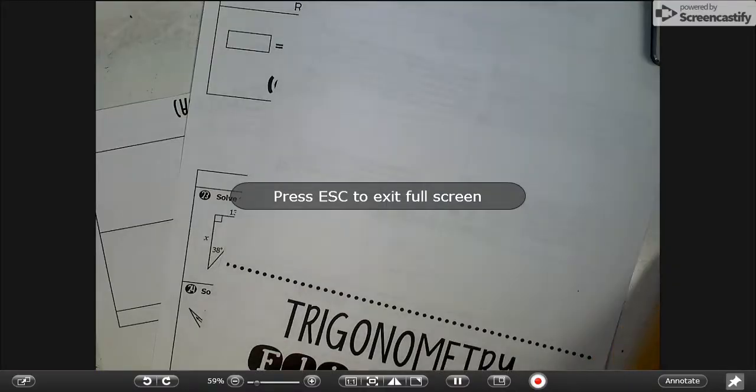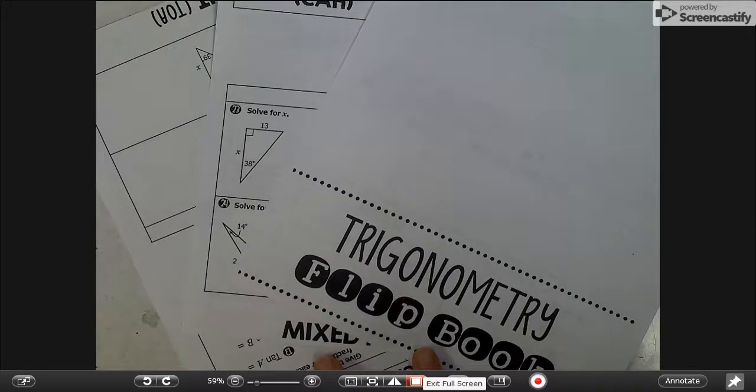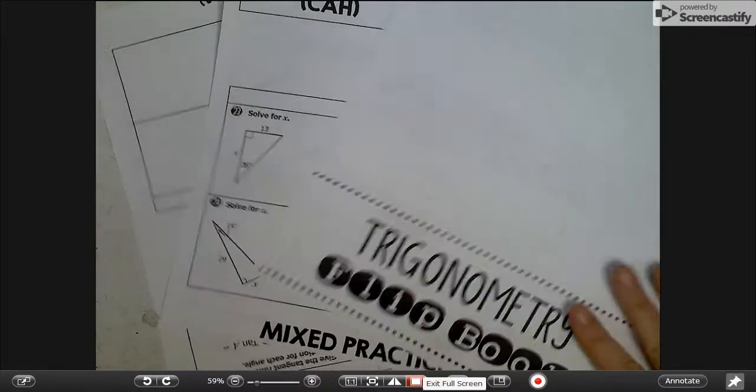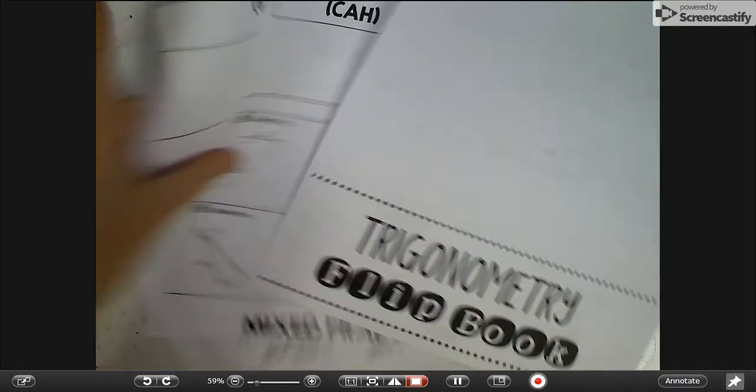Okay, so all these papers, this mess of papers, is to put together a little flip book for trigonometry. So I'm going to show you how to put it together since I'm going to be absent at least the day some of you watch this. So what I want you to do is place the papers so that you see trigonometry flip book,